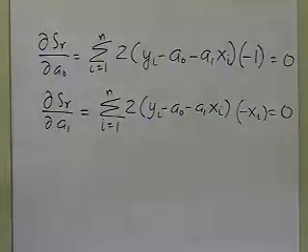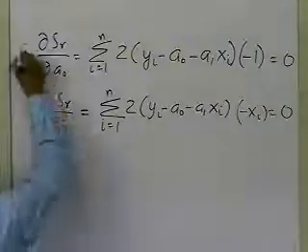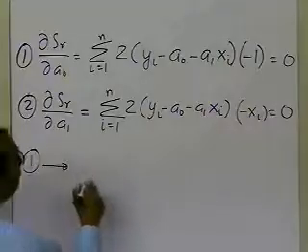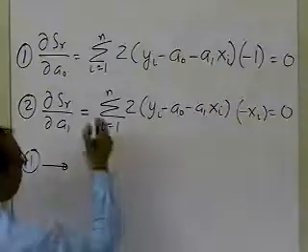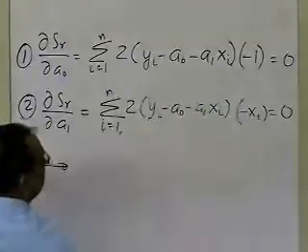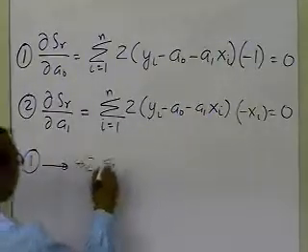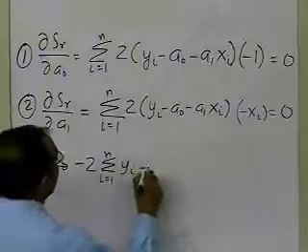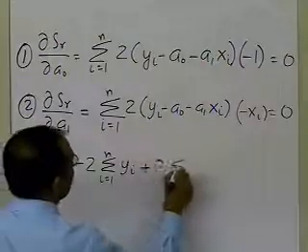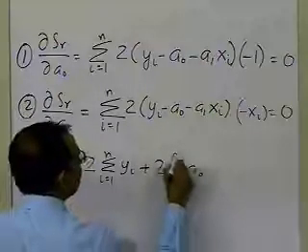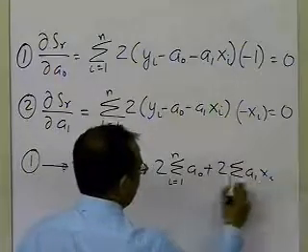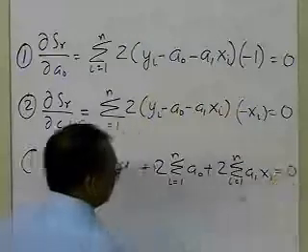So we have set up two equations, two unknowns, and we need to figure out how we're going to solve these. Let's call this equation 1 and this equation 2. So equation 1, what does it give me? Let me expand this summation separately. I'll get minus 2 summation y sub i, i equal to 1 to n, plus 2 summation a0, i equal to 1 to n, plus 2 summation a1 x sub i, equal to 0. That's what I get from the first equation.